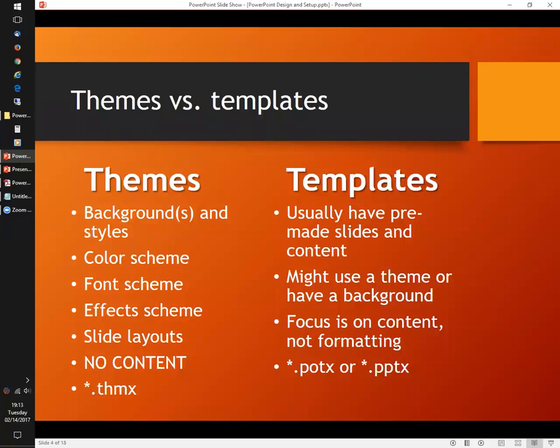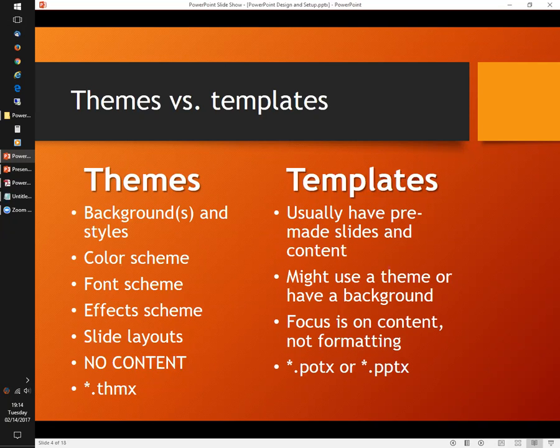Generally speaking, and this is not a rule, but generally speaking, the focus in a template is on the content of the slides so that you've got pre-made content rather than, you know, what's all my formatting. And templates will generally have the .potx extension, or they might just be a regular old PowerPoint that you just open up and you're kind of reusing it over and over, and it may just have the PPTX extension.